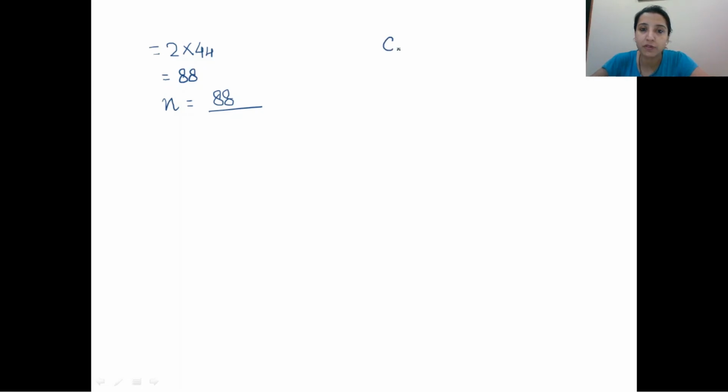So the empirical formula of our compound is C2H4O. How do we calculate empirical formula mass? It is the same as calculating the molecular mass. If you do not know how to calculate the molecular mass, please watch my previous videos where the complete description has been given of how to calculate the molecular mass of any compound.